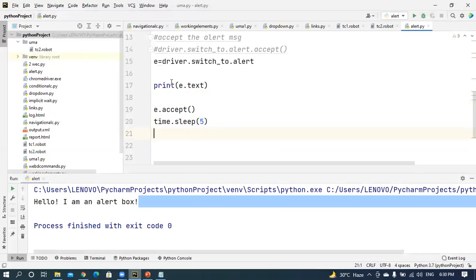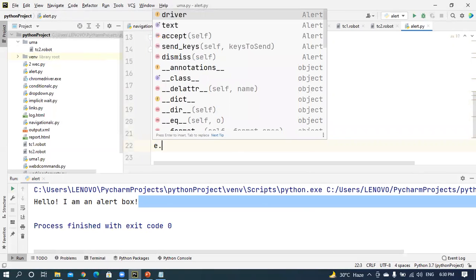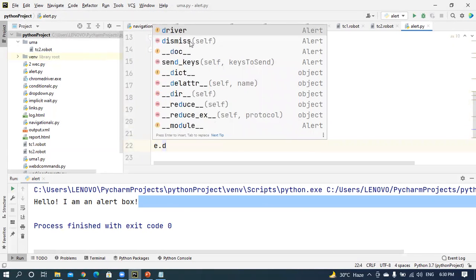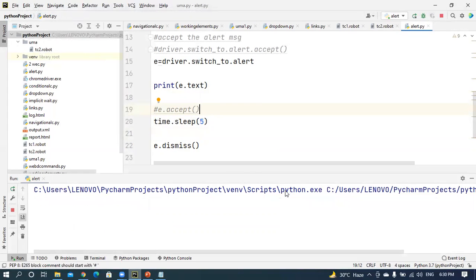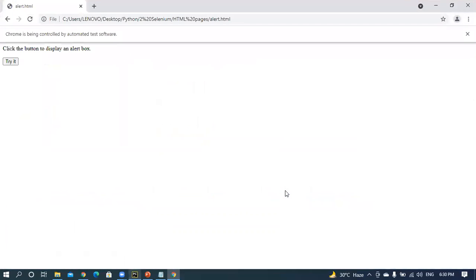For example, instead of writing accept, I'm going to write e dot dismiss. Here the e dot dismiss method is there. With the dismiss method, you can do the same operation.